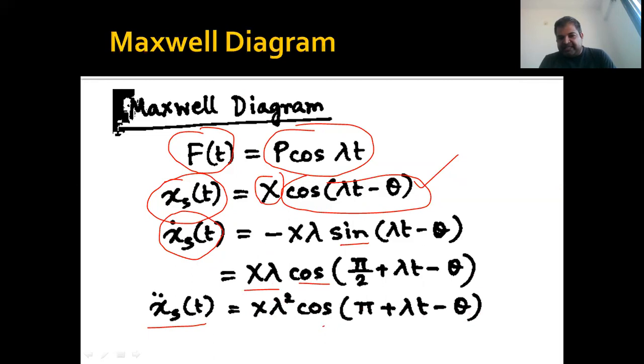However, this will be sine terms. But if I take another phase difference, pi by 2 plus pi by 2 will become pi, and this will again be converted into the cos term this way. The same way I'm putting the final formula: this will be converted to sine and then sine will convert to cos. So all the formulas are in cos now, right?